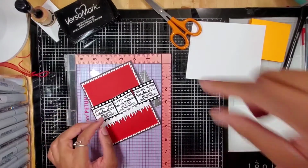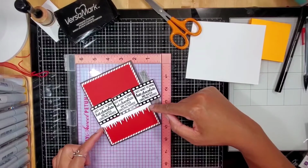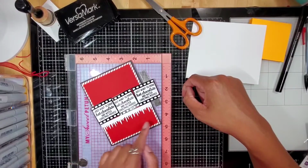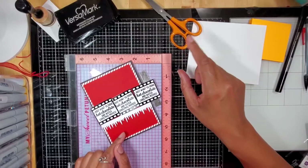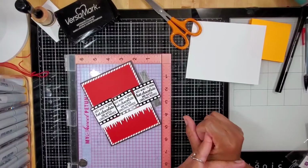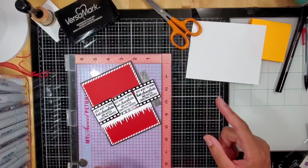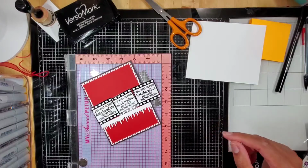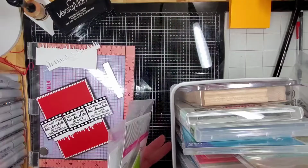Okay, so I like how this is looking. I don't know if I want to do this on the top as well. These are icicles. Well, this is an icicle border, but I also have a drippy goo punch. You know what? I'm going to get my punches. I'm going to get some hot chocolate mugs, because maybe that's what this card needs. It needs something else, and I'm drawing a little bit of a blank. But I think it just hit me what it needs. So fingers crossed. I gotta get some supplies. All right, so